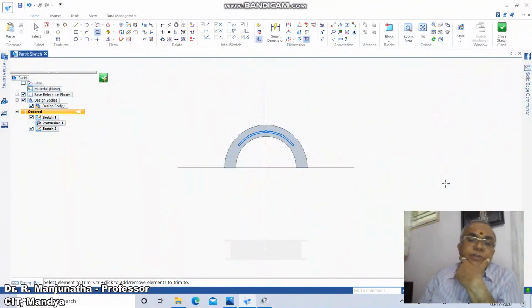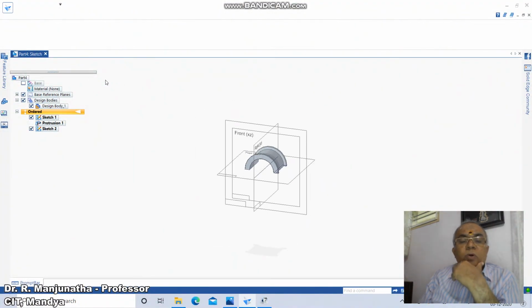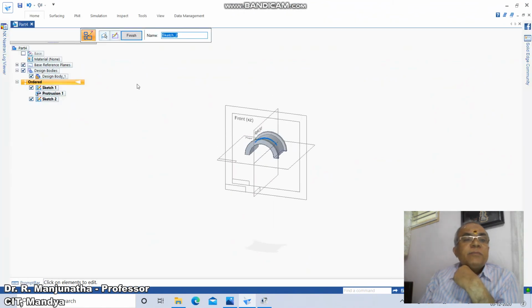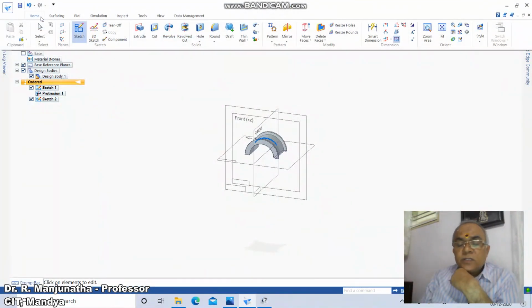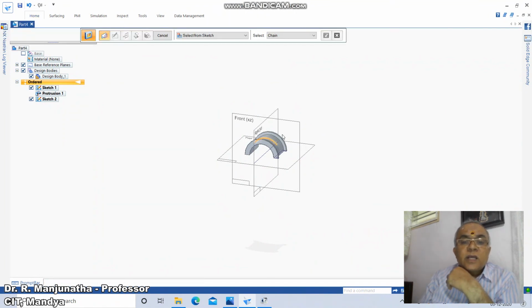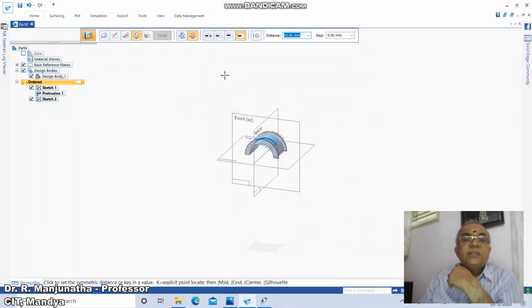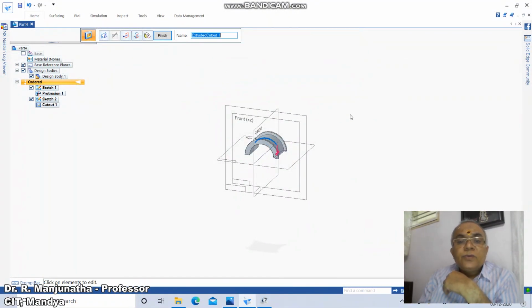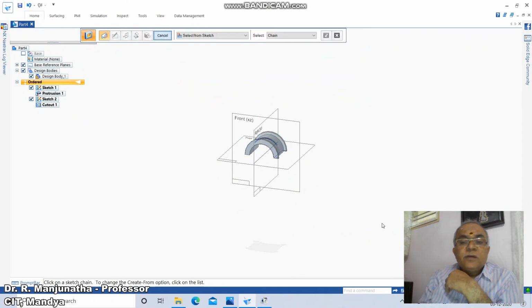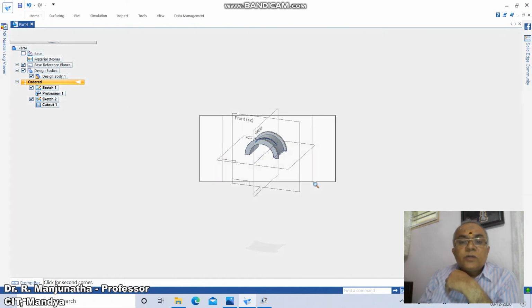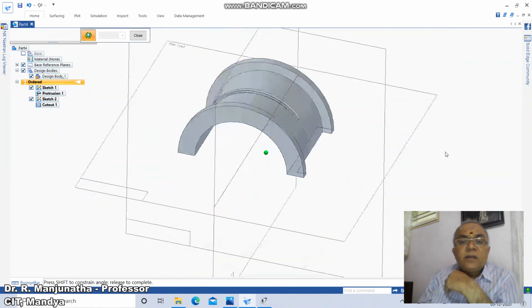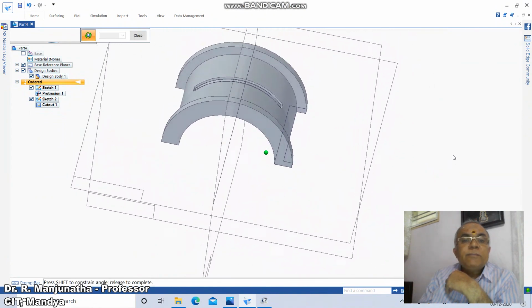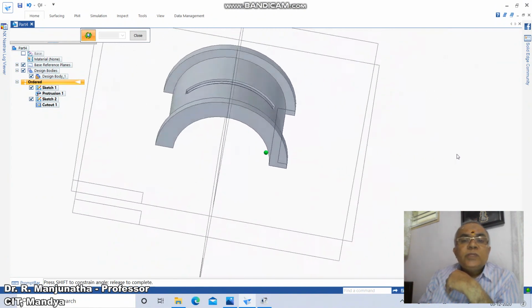Now we have the cross section. So now we need to go to Close Sketch. I need 3 mm depth, so go to Cut, click on this, accept, go to Symmetric Extend and take the distance as 3 mm. So we got this groove, which has been done by considering this dimension. Now to do the